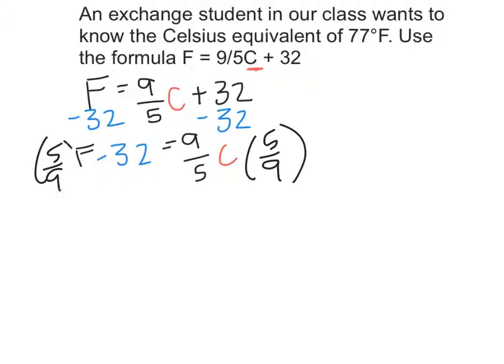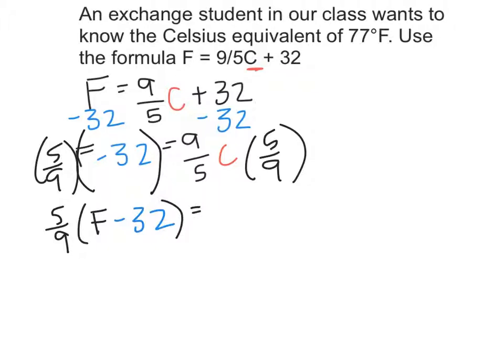Now, this is where we see a lot of mistakes. 5/9 needs to be multiplied by everything on this side, which means that it needs to be multiplied by F and negative 32. So what we have is 5/9 times F minus 32 is equal to C,